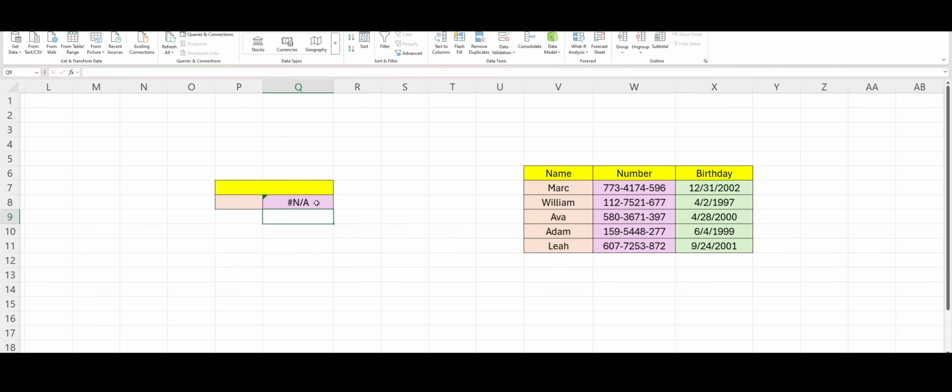Now it's giving me an error. Why? Because there's no lookup value here in cell P8 that it can use to go find a corresponding phone number. So I'm just going to go ahead and pick a random name, let's say Adam in this case. And look, it now returns the phone number that corresponds to the name Adam. Now I can go ahead and change this to another name, and it will return the phone number that corresponds